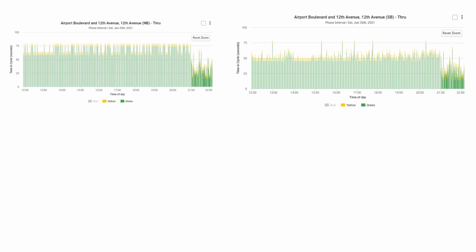But again, I did want to look into those weird northbound, southbound issues. So here I'm looking at the phase interval graphs for our northbound and southbound, and it looks like the movements are getting extended. So to me, this means that in order to get an extension, obviously you need a detector call. But based on our split trend graphs, it doesn't look like we're getting any detector calls.